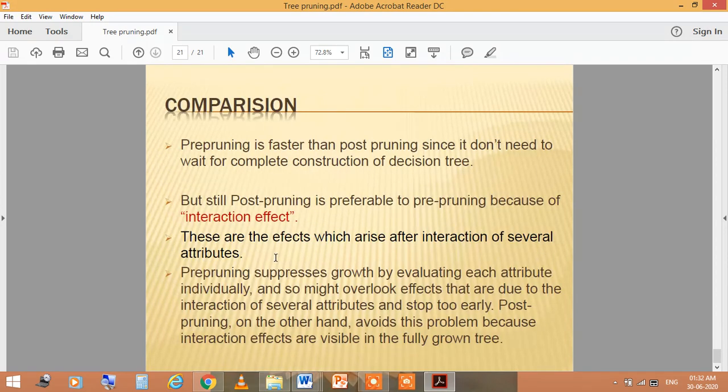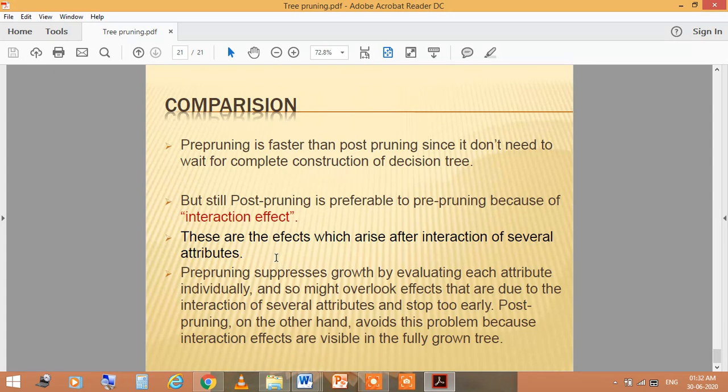Now come to the comparison. Pre-pruning is faster than post-pruning since it doesn't need to wait for complete construction of the decision tree. But still post-pruning is preferable to pre-pruning because of interaction effects. These are the effects which arise after interaction of several attributes.